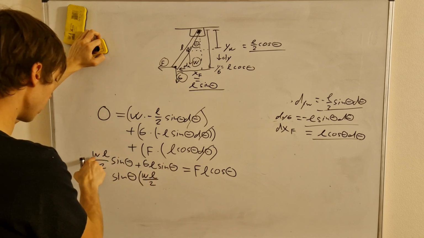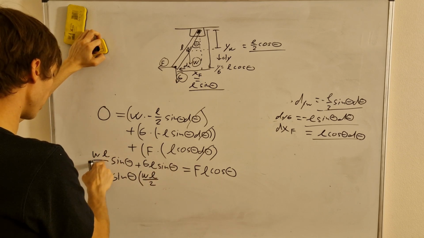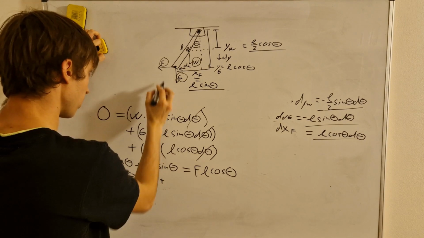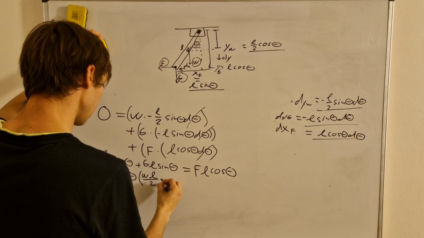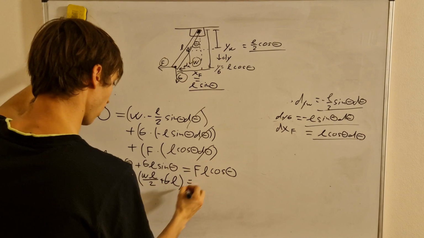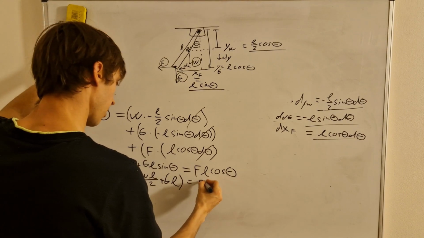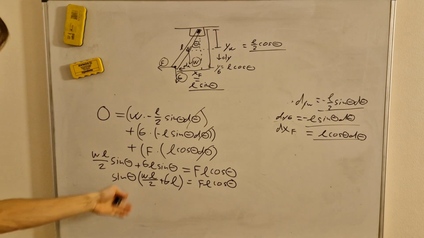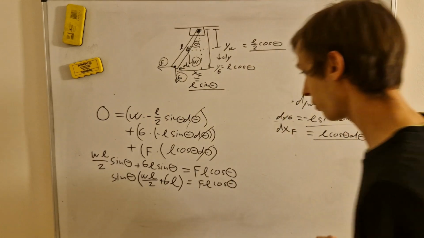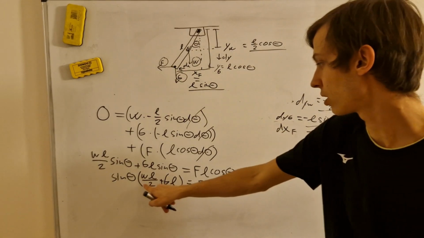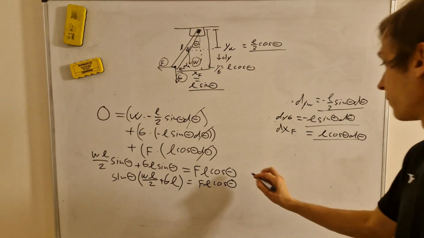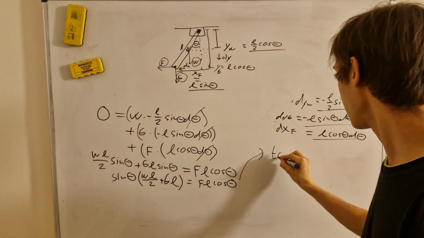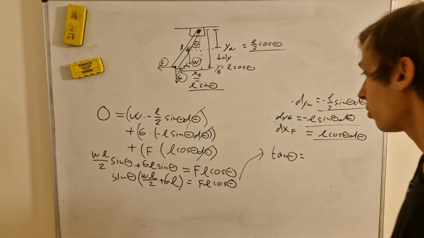So you see, these are still the weight force, this is the length of the beam, and this is just divided by 2. And then this is one of the forces, this is the G here, so we still see the connections directly. All of it equals FL cosine theta. And now we can generate a tangent out of this equation by dividing both sides by cosine, and I will also divide both sides by this parentheses. So from it, the semi-final result will be tangent theta equals